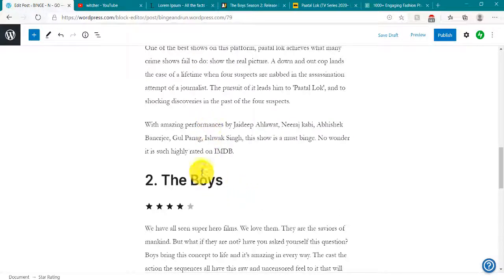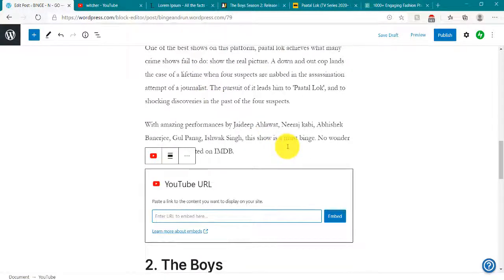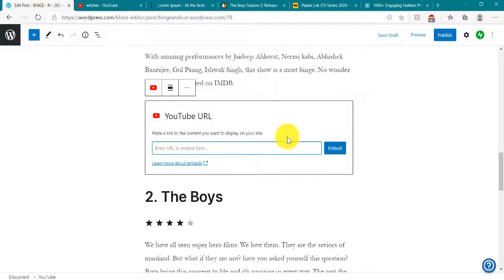So again, between two blocks, I will get the plus icon here. You can alternatively add it from here also, both things work. So to add a video, just click on plus and then choose YouTube. Search for YouTube. Now you can also upload a video, but then it's not the preferable method. Okay, let's add a YouTube one and click on YouTube. Now we are embedding. So we are not affecting the overall copyright issue in any way. We are not infringing any copyright.